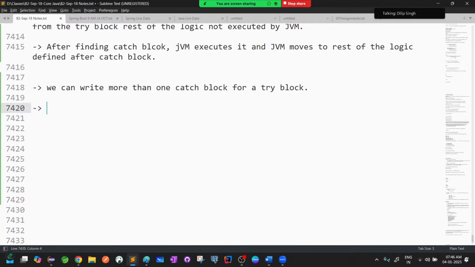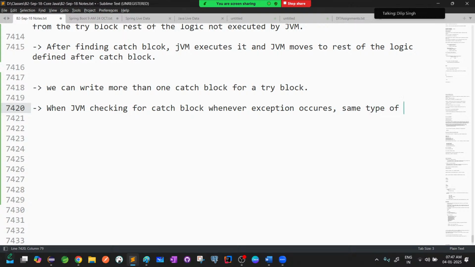I told you one more point also, right? When the JVM checks for a catch block, whenever an exception occurs, it will verify like this: the JVM checks for the same exception type argument,